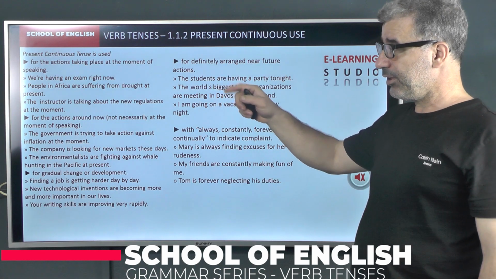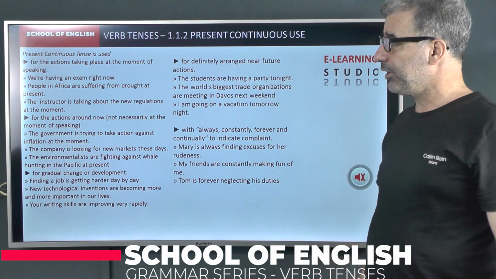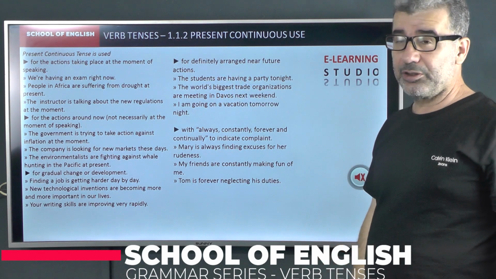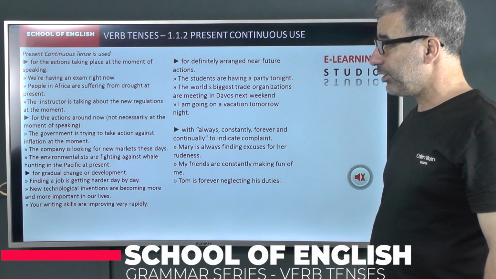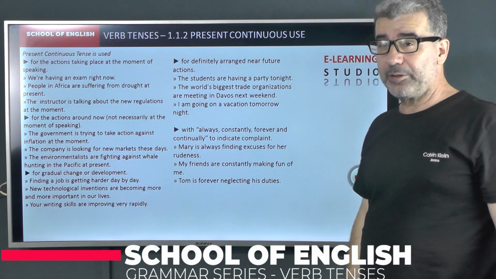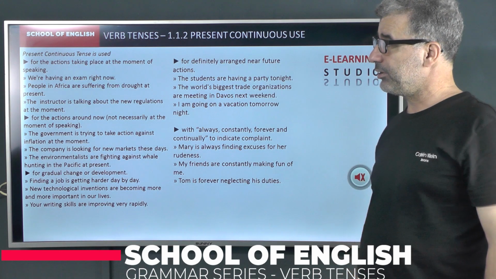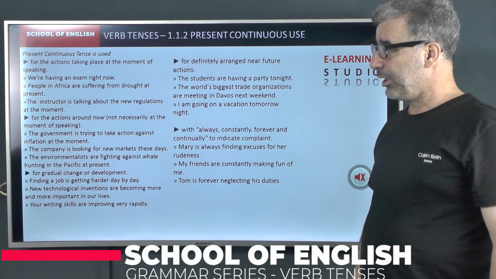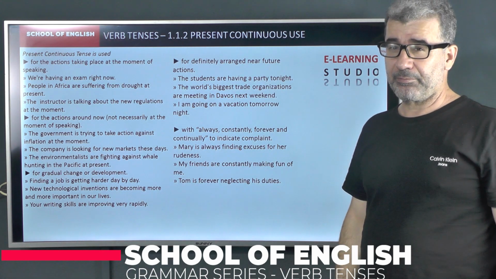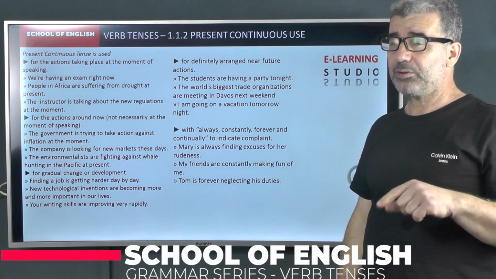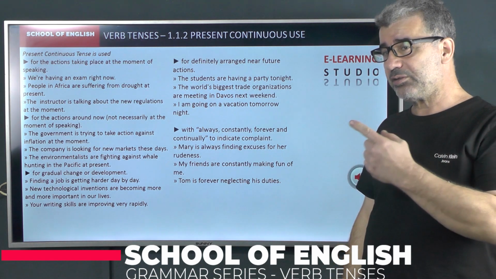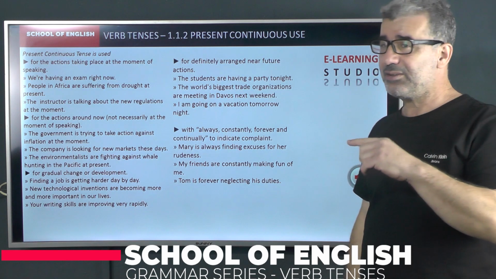We are having an exam right now. People in Africa are suffering from drought at present. The instructor is talking about the new regulations at the moment. These are the examples. And the second usage, we use present continuous tense for the actions around now, not necessarily